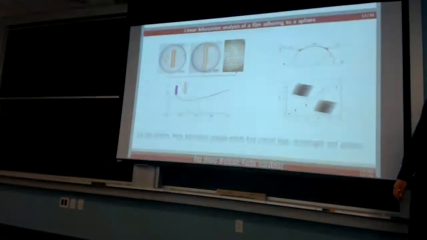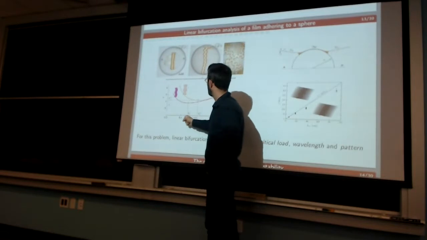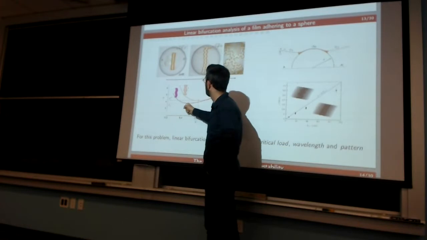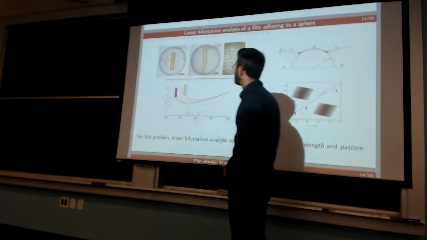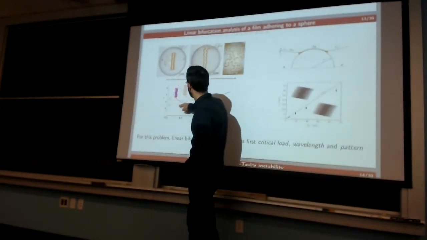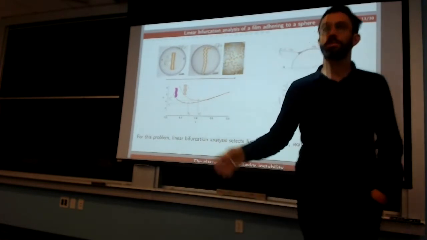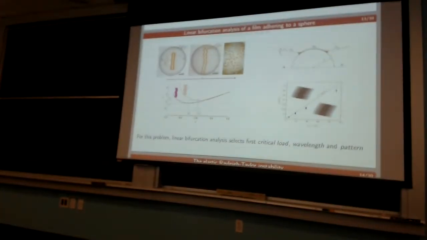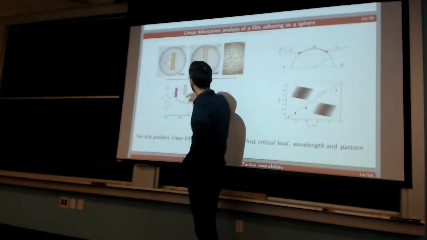And when you do that, you find that in these two curves, the minimal value of sigma, where the first critical load corresponds to these undulating shapes, you can calculate the corresponding load, and you can calculate the corresponding wavelength, right? So with this linearized theory, you have a prediction of when you expect the pattern to appear, what its wavelength is going to be,